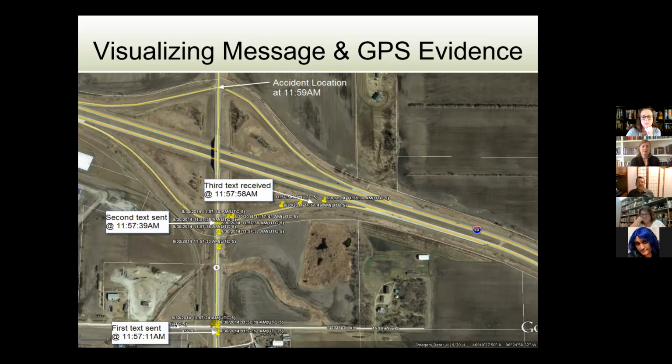And so the bottom line here is that we were able to show that roughly 2 minutes passed between when the texting stopped and the accident occurred. And therefore, the state was trying to show gross negligence on her part, which would put her into jail for 5 to 10 years. She only got a month because we were able to separate the time period from when she was texting and when she wasn't. And that's what the good GPS data can do for you.